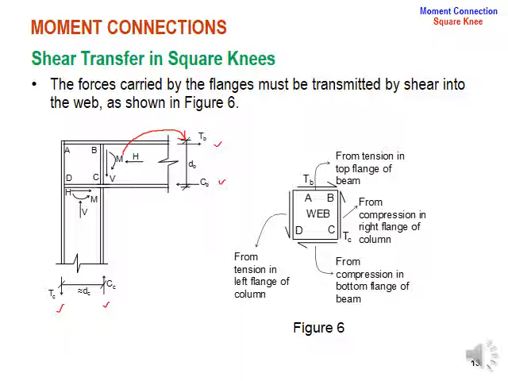If we want to keep the direction of that moment the same, this capital M needs to be transferred into a couple, that is TB into DB or CB into DB. Then we are going to consider a force that keeps the direction the same as the moment M on this joint.